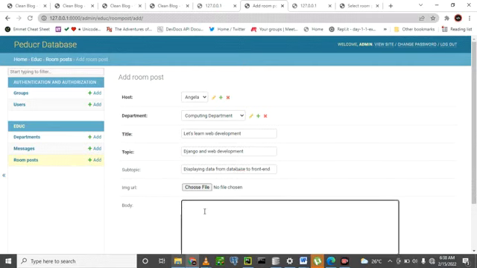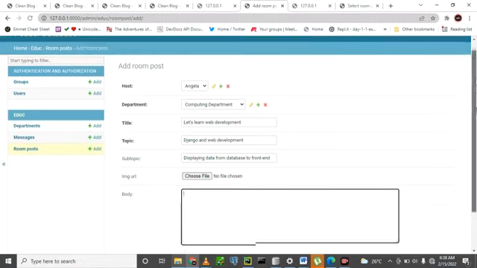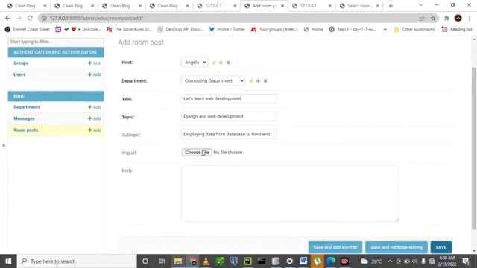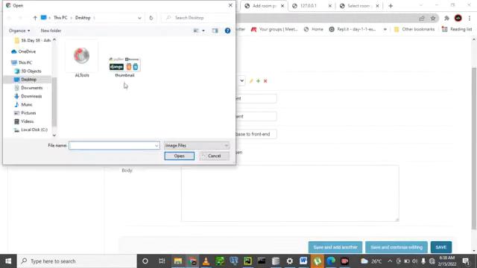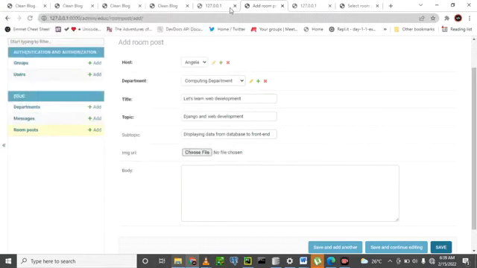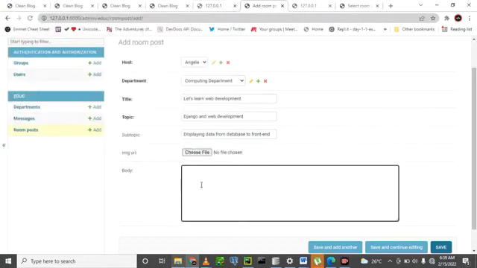Then this one we can leave it like that, because it's not a must. We can also choose the image, but it's not a must that we choose the image. We can leave it like that also. And let's say programming is sweet. For the body, we can say Django